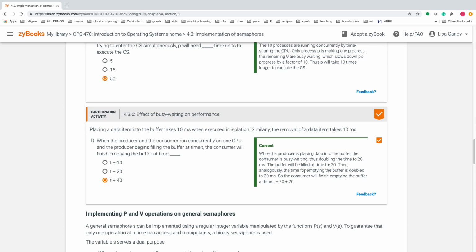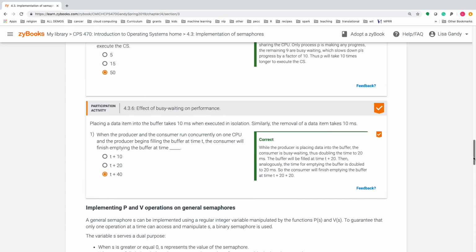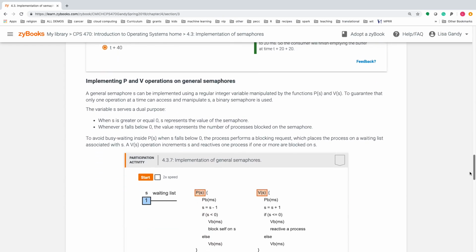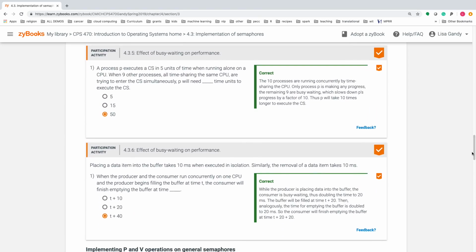So that's why it's 40. Basically, what this shows you is that busy waiting wastes time. And we're going to look at a different method to get away from busy waiting. So it's an option, but